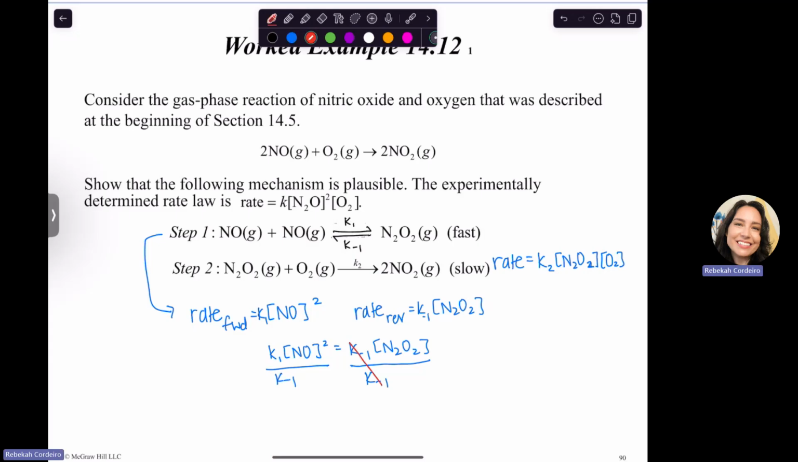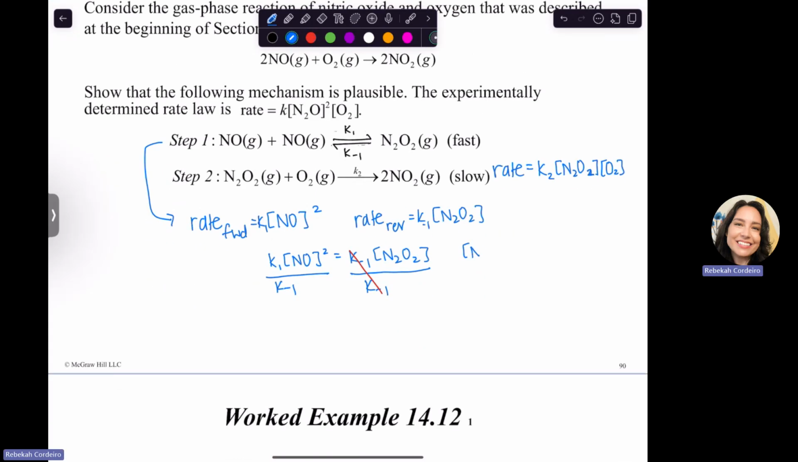And that will cancel this out. And that's going to give me N2O2 is equal to K1 over K negative 1 times NO squared. So then I can take this whole piece and plug it in where I see N2O2. So I can get a rate of K2, K1 over K negative 1. And these Ks are arbitrary as far as we're concerned because they're just numbers that we could find, right? And then instead of saying N2O2, we'll say NO squared, and then we'll say